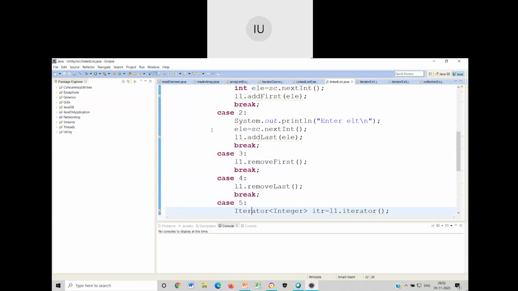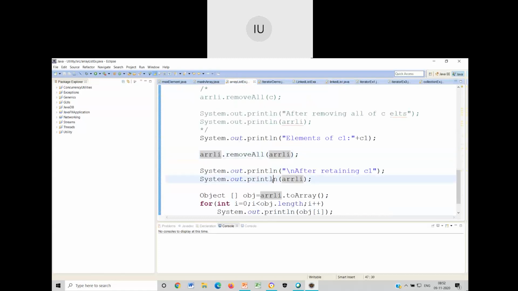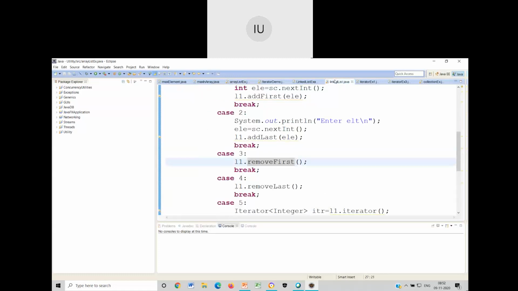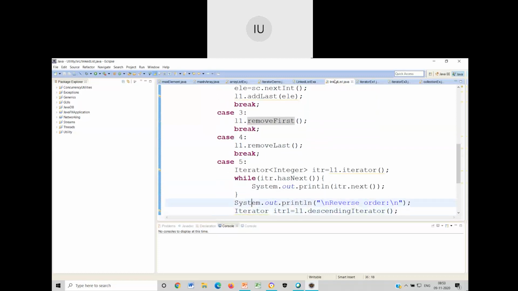Then I have the display. How you can display? You can display the way we have displayed over here, similar to system.out.println of array list. But now I just want to have iterator usage. This is what I told in the previous example. I want to complicate the things. If I want to utilize the iterator, which is a helping hand to me, how do I use that iterator? Just have a look at, please, you have to pay attention over here.